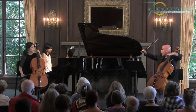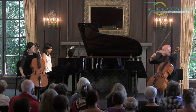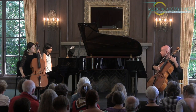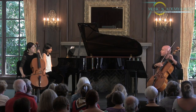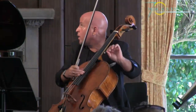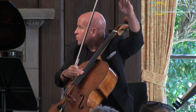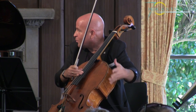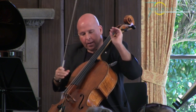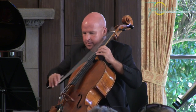That sliver thin area of note in between those drones, the Pythagorean fifth tuning that we have as string players, there is an infinite world of nuance that we can get. You know, we don't need to go outside those margins in order to express. And I think that the more intense that the music gets,